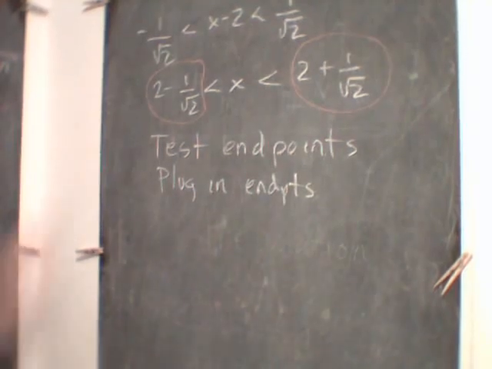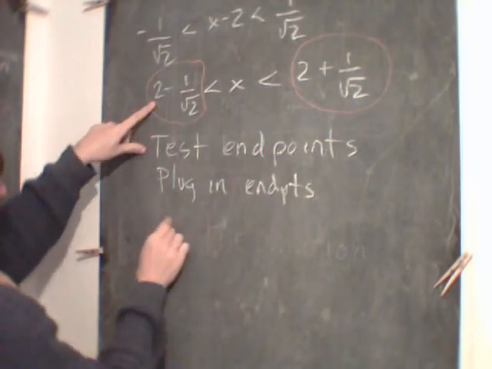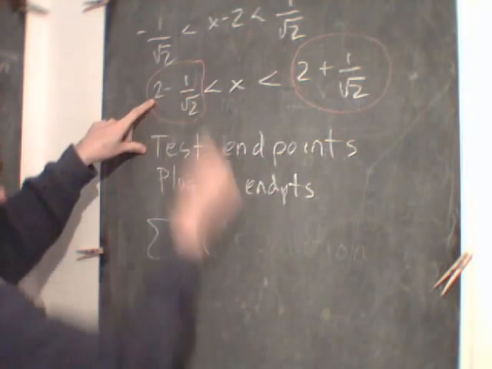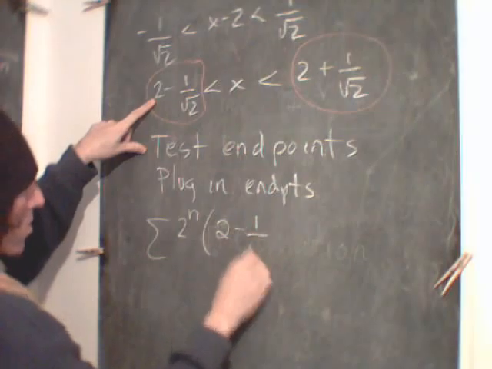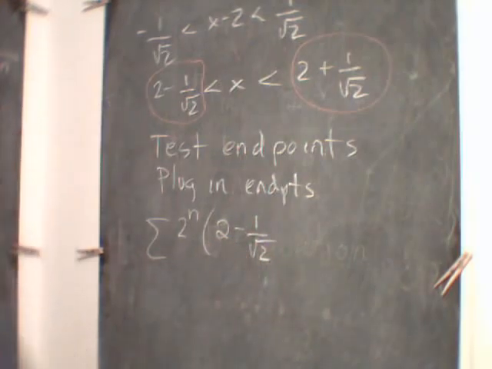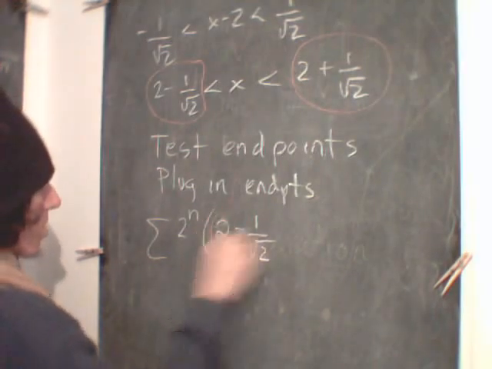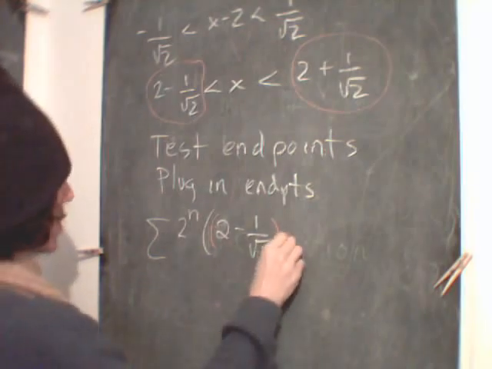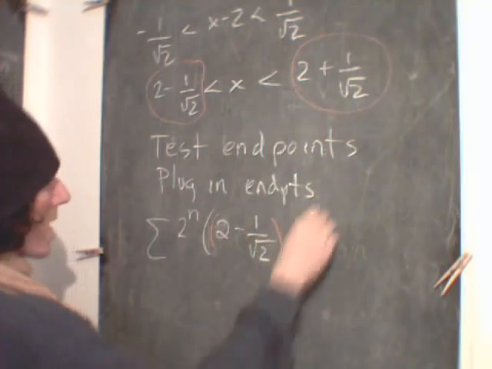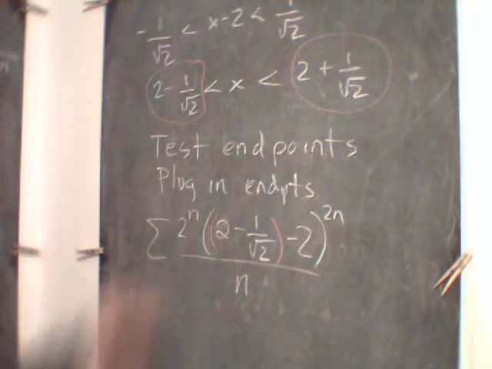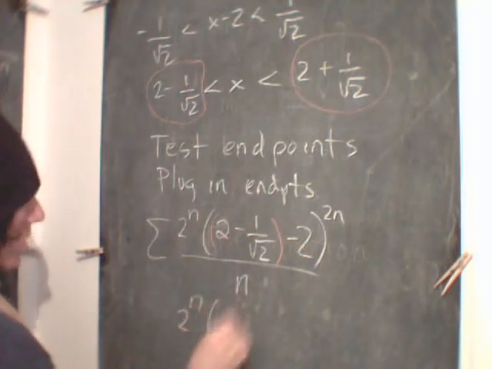So let's try the first one. Let's plug it in. Well, then that's going to be the summation of 2 to the n times x, which is 2 minus 1 over square root of 2. So that is our x right there in parentheses, and then minus 2, and that is to the 2n, over n. And now let's simplify that. The 2's cancel, they go away. So we're just left with the 2 to the n times minus 1 over